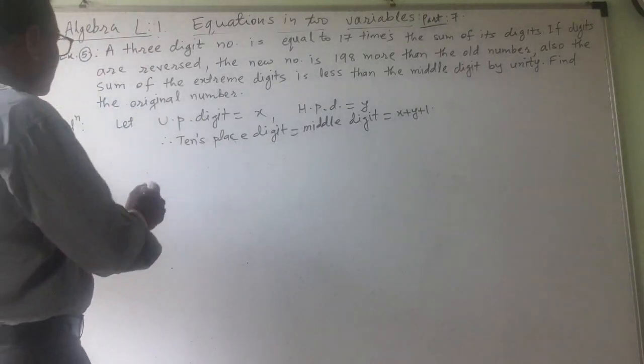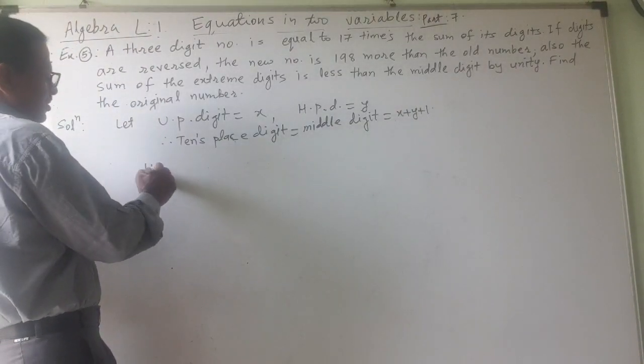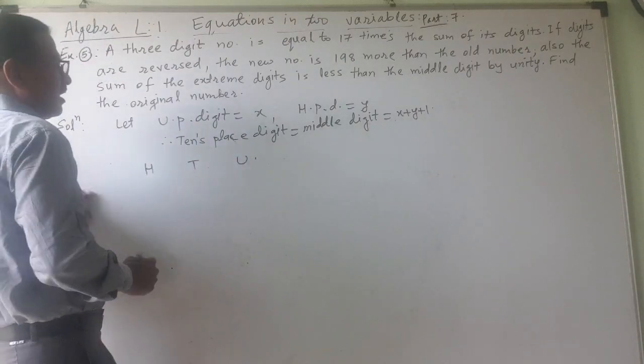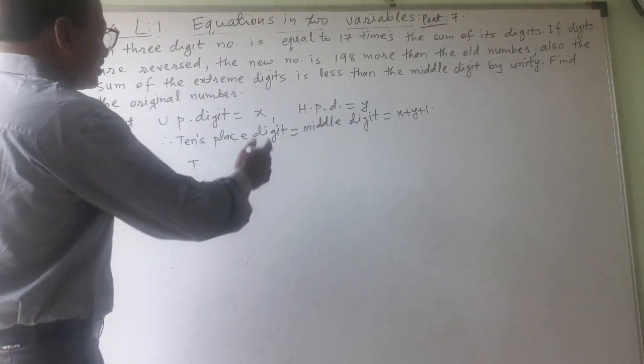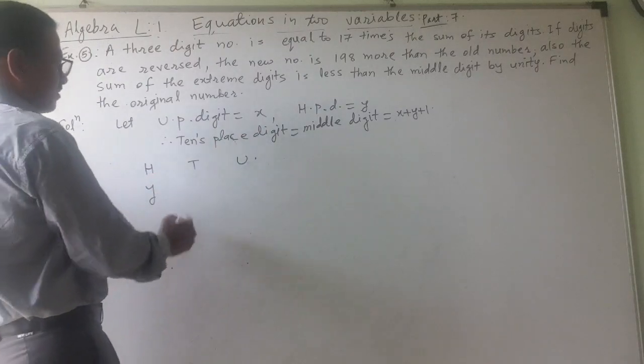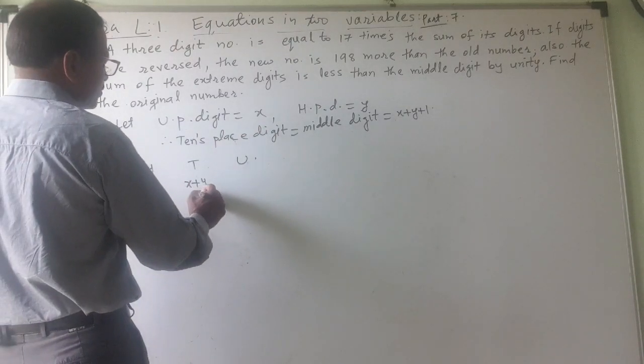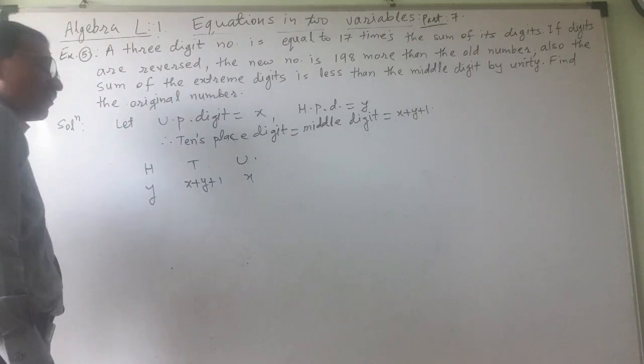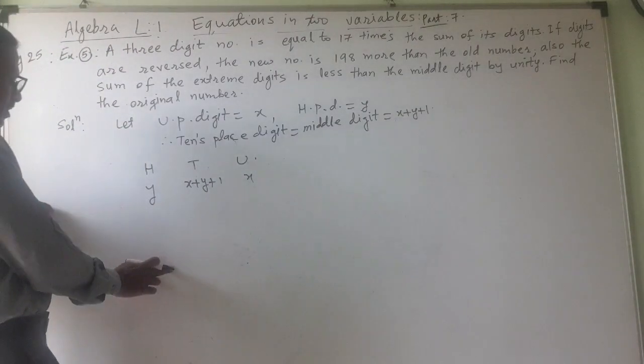Thus we will summarize this. Thus the hundreds, tens and unit place: the hundreds place digit is y, the tens place digit is x plus y plus 1, and the unit place digit is x. Okay. The original number is equal to,